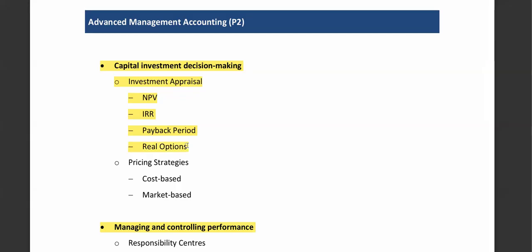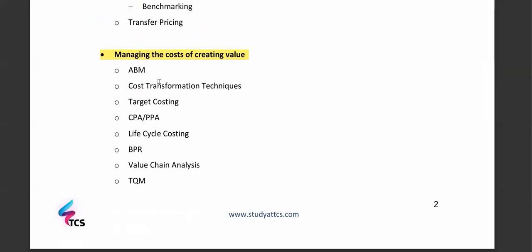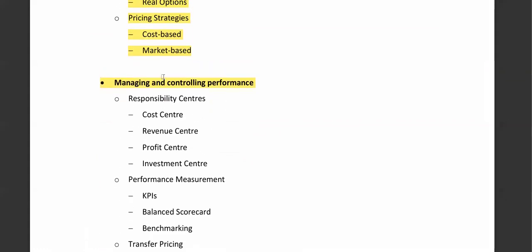And within the capital investment decision-making syllabus component, you would also see the pricing strategies topic being covered. You should know that there are cost-based and market-based transfer pricing methods. In particular, in past variants, we've seen market-based pricing strategies being tested more often because cost-based prices could also be tested in relation to other syllabus areas, in particular with regard to managing the costs of creating value. So before we come to that, let me highlight that with regard to market-based